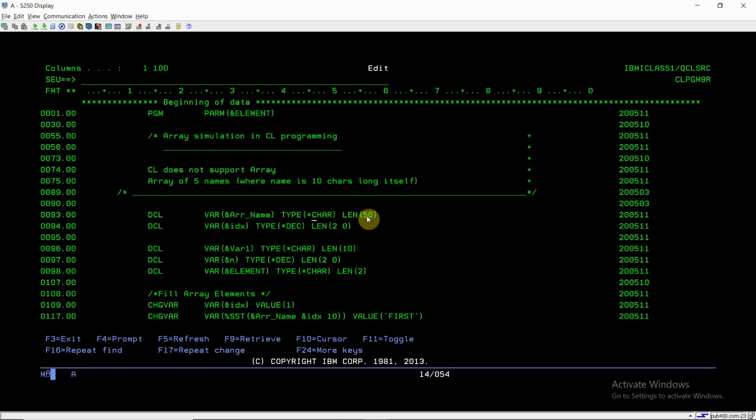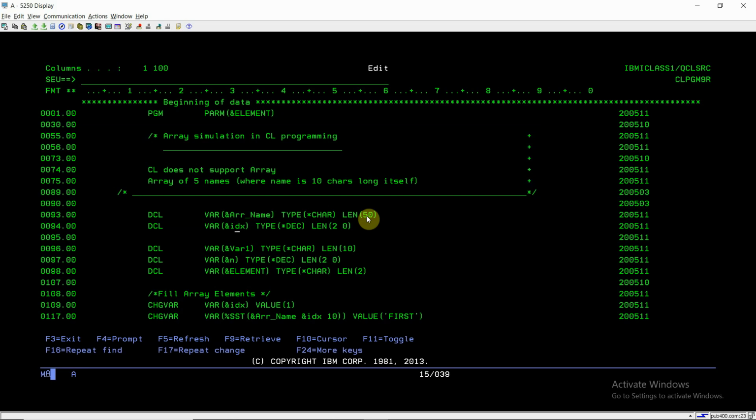where a name is of 10 characters. So the variable &ar_name is of type character and its length is 50, because there are only 5 names of length 10 in this array variable. This is a simple character variable, which will be treated like an array.